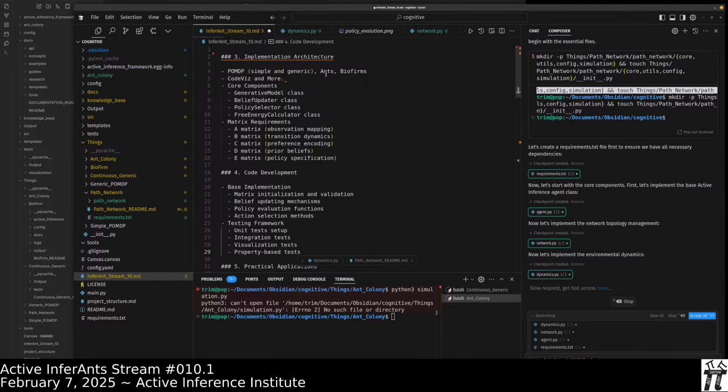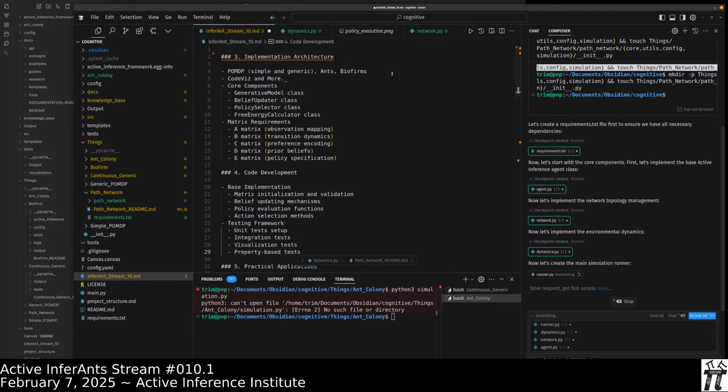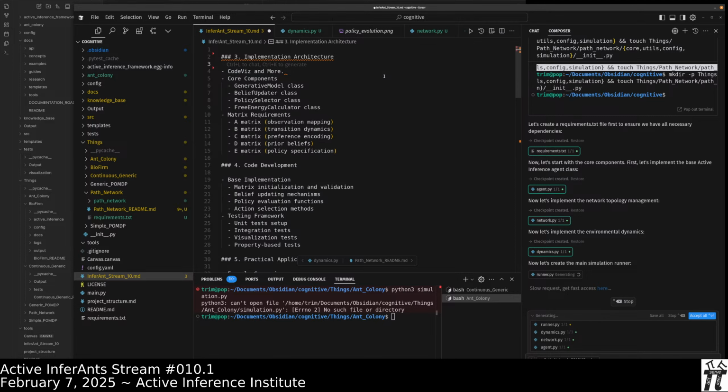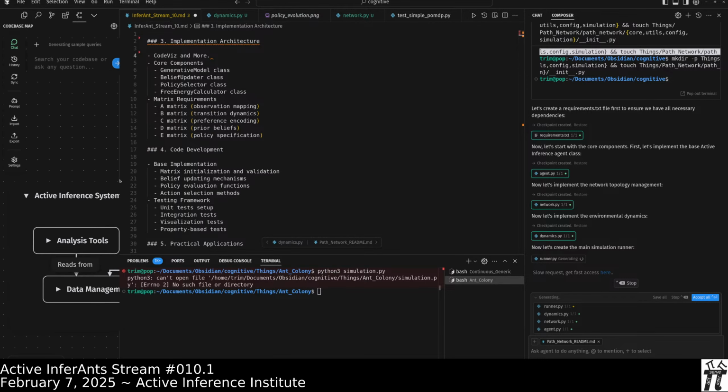Then there was the ant colony simulation that our agent was still repeatedly hitting its head against the wall 25 or more times against. Then there's the Bioferm, which was doing the active inference fractal. Okay, CodeViz. Let's do a quick CodeViz with our, we have one free flow.